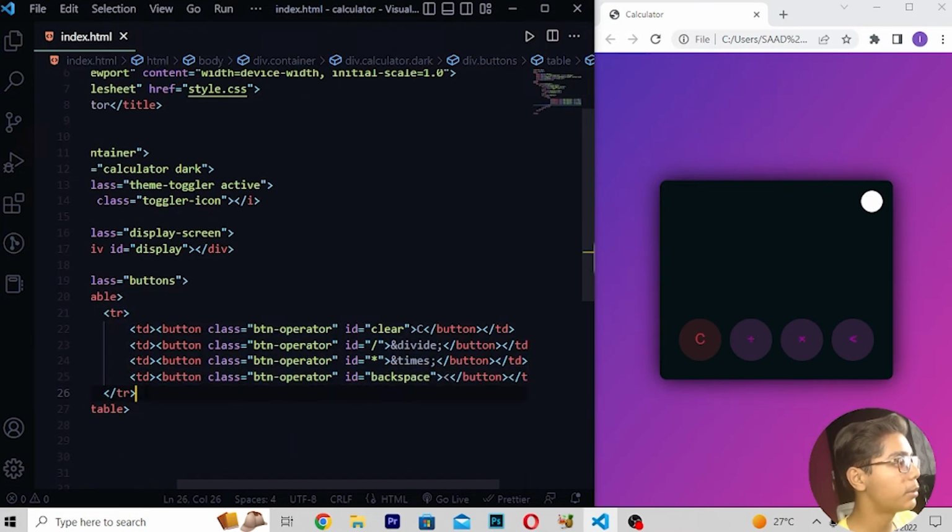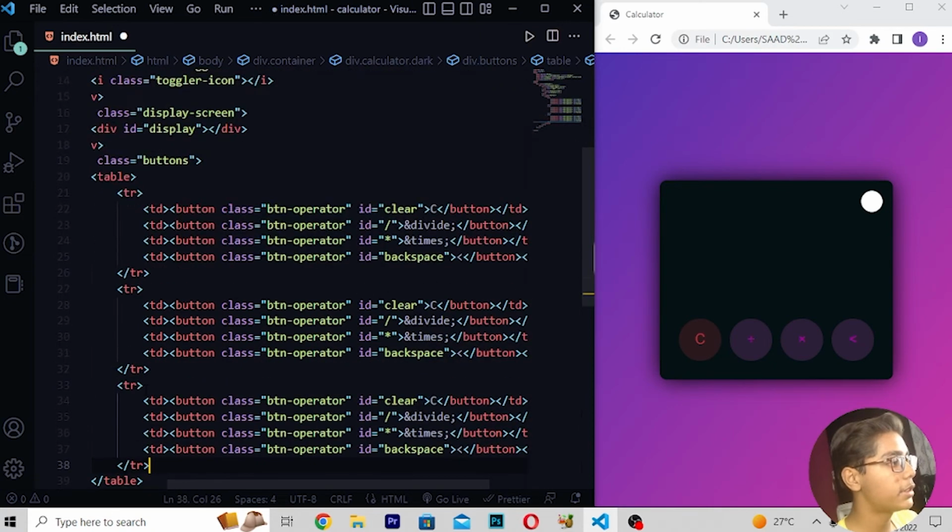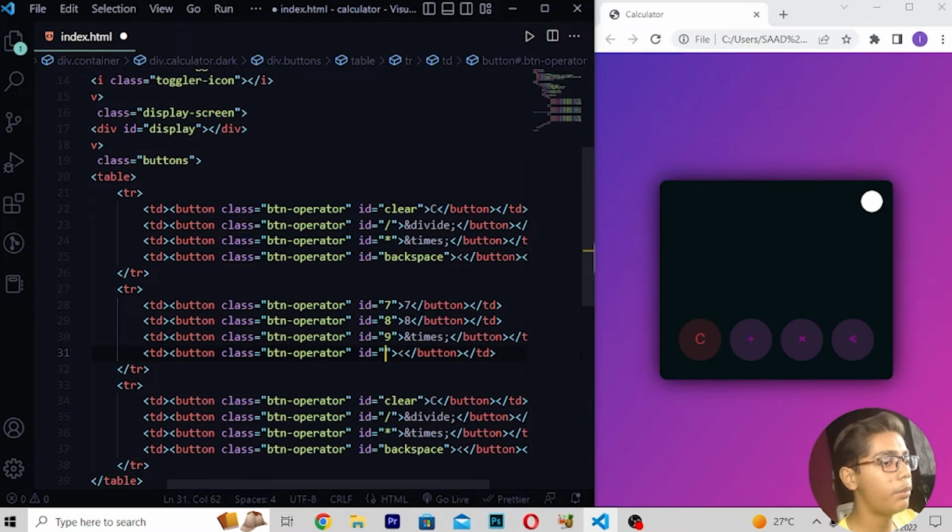Here we will be doing some of the changes. Paste it, paste it again. Now when you've done that, you just have to write id 7, then I will be writing number 7, and here I will be writing 8. So here 8, simply here also, then move down 9, and then I will be raising this, and the id should be empty here.